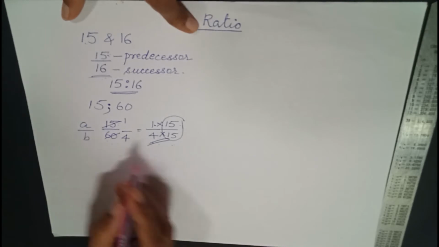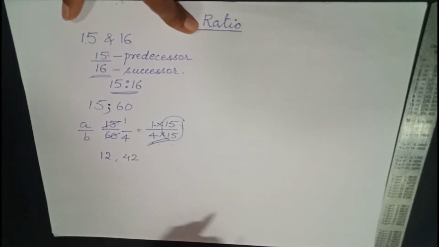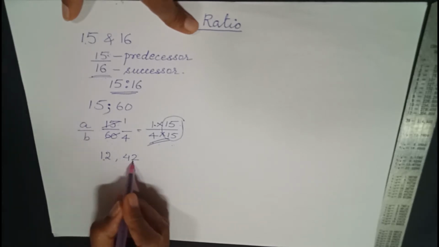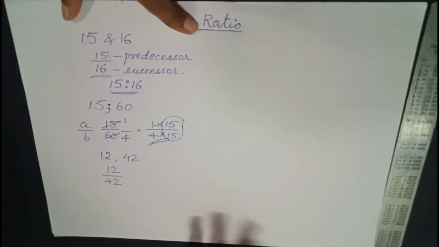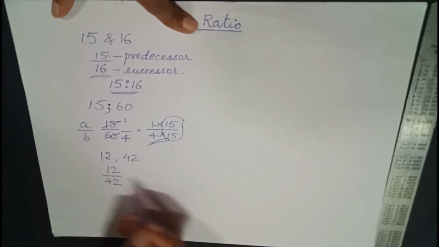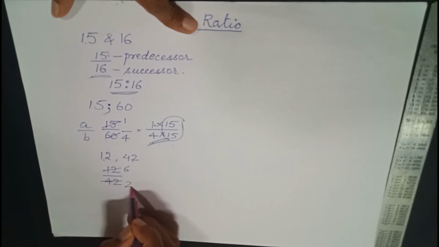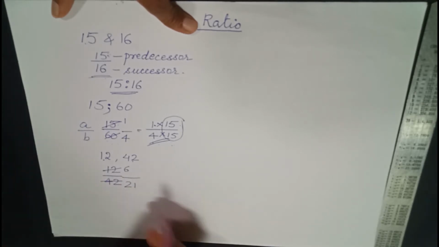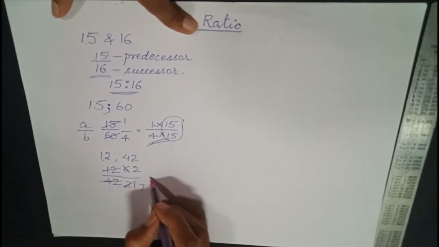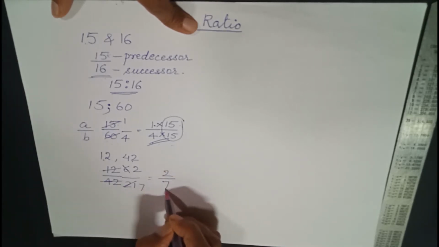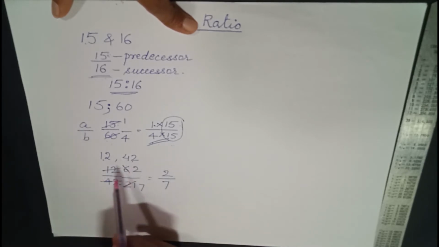Okay. Let's take another example. Let us say 12 and 42. These are the two numbers and I have to find the ratio of the first number to the second. So we write it as 12 upon 42. Now we try to see whether we can cancel. Both are even numbers: 2 sixes are 12, 2 twenty-ones are 42. Again with the table of 3: 3 twos are 6, 3 sevens are 21. Now we can't cancel this further. So 2 upon 7 becomes the reduced form of the ratio.